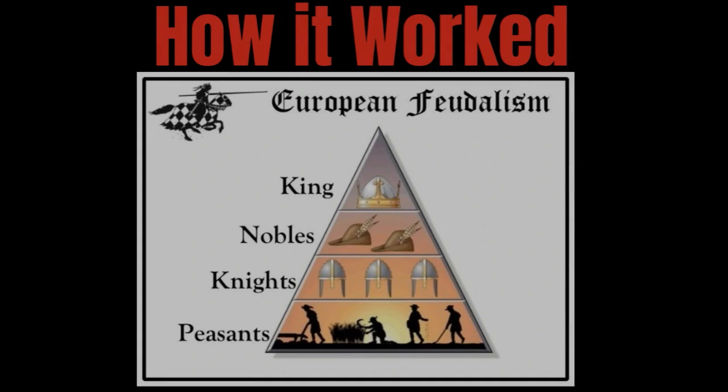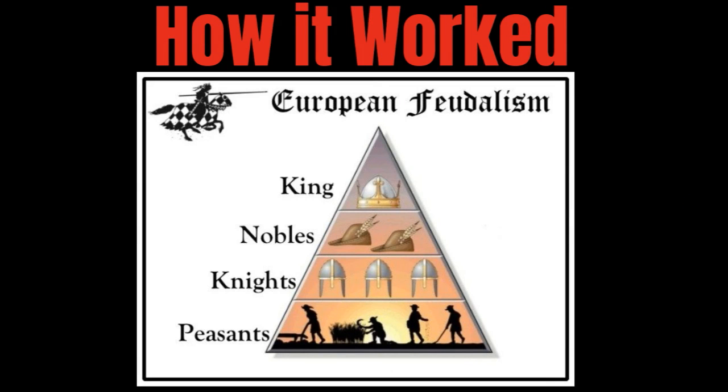Feudalism is a political system that was used in medieval Europe. The system was based on a series of land holding and distribution schemes. Feudalism consisted of a tier-ranked ruling system in which the monarch was on top, followed by the nobles, then the knights, and finally the peasants on the bottom.